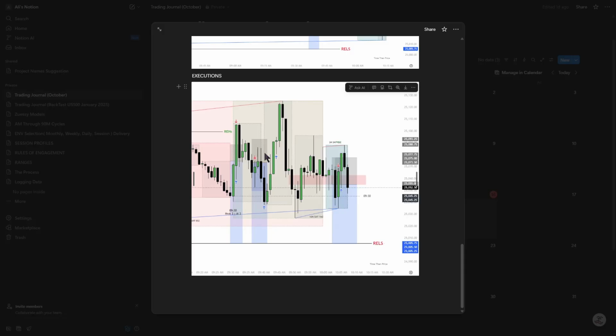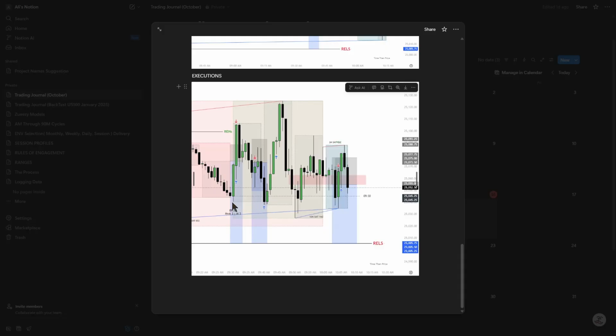And this is my execution. My first execution was from this fair value gap. I was anticipating that we might retrace a little bit into this fair value gap, which was not yet tapped into, and then we might reverse. So I put my stop loss above this high and my sell order over here, but we got stopped out instantly. The next thing I did was I entered over here on these green candles.